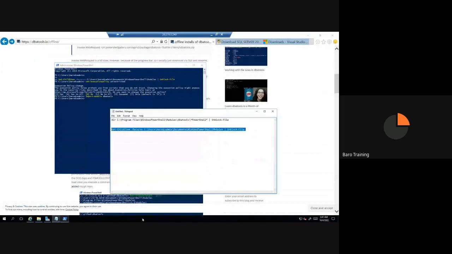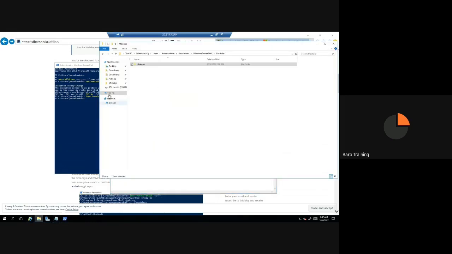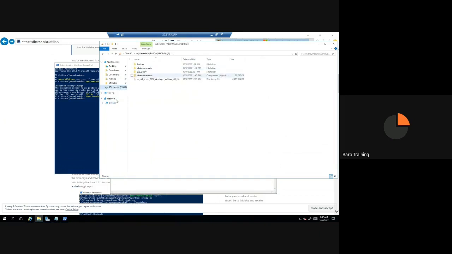Then I paste this code, install DB instance, version 2019, and SQL instance, it's going to be on Baro SQL node 3, and then the configuration file is saved in the install location